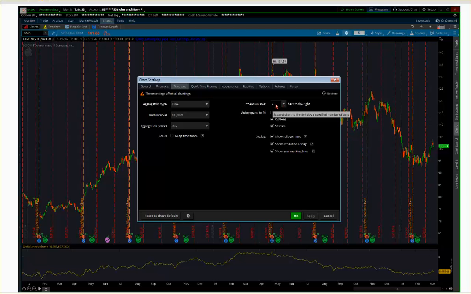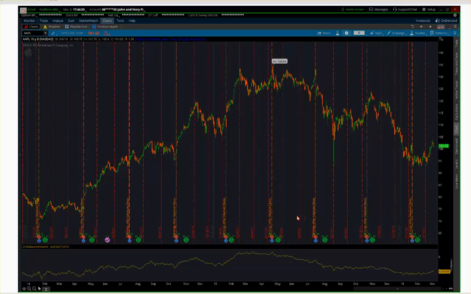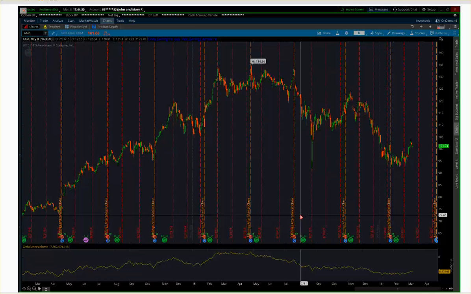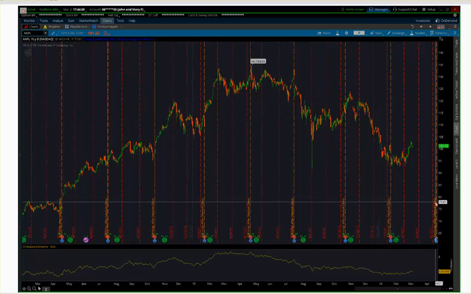I want a little bit of space to the right, but I don't want so much space that it's really scrunching up the rest of the chart. But I also do want that heads up before earnings. So if he puts a check in Corporate Actions where it says Auto Expand, and then he goes ahead and clicks OK to save it,